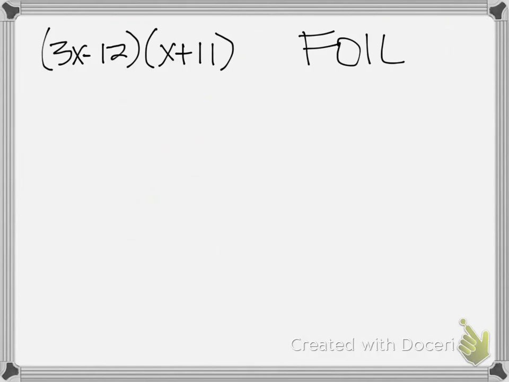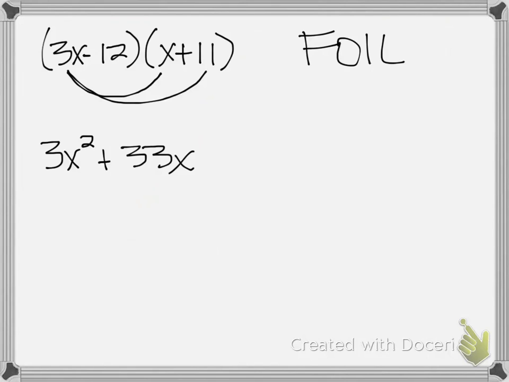And 29 is a binomial times a binomial, which means we have to FOIL. So my first terms, 3x times x is 3x squared. My outer terms of 3x times 11, 33x. And then my inner terms, negative 12 times x, negative 12x. And my last terms of negative 12 times 11, negative